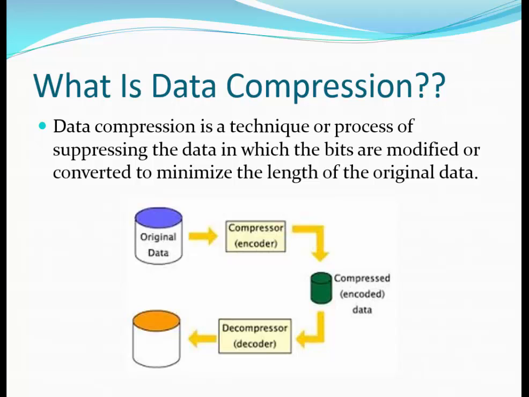Now, why do we use data compression? There are many reasons to compress a file. Some of them are as follows. A compressed file becomes small in size. A compressed file takes less storage to store and hence it saves cost. Another advantage is that a compressed file can be transmitted faster, which decreases access time. So in this way, by compressing the data, we can use our data in the proper format.